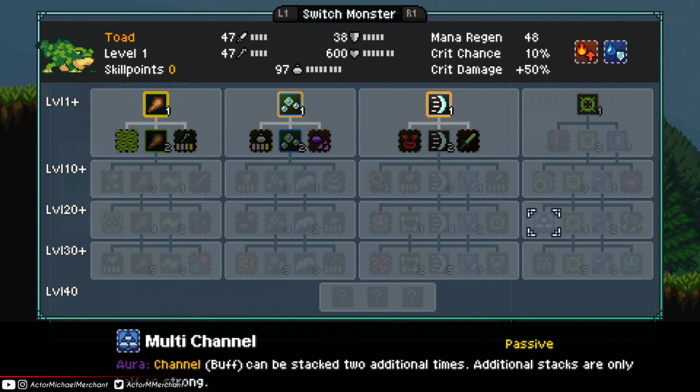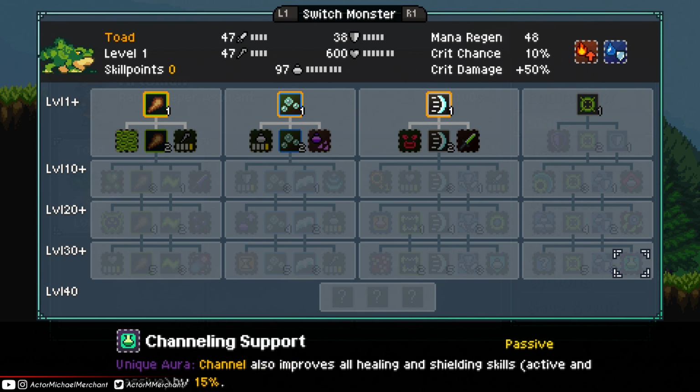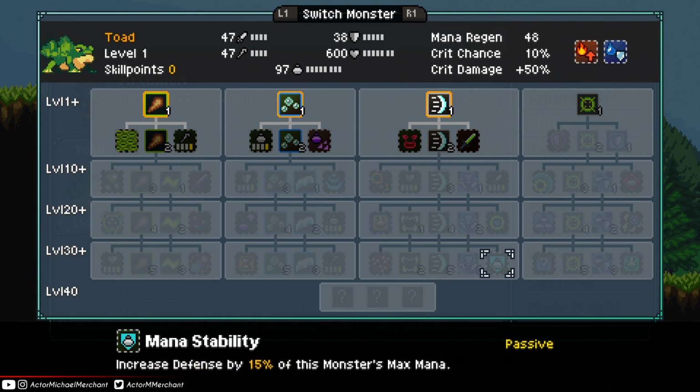Multi-channel, so you could reduce your mana cost by, I would assume, 60%. Every buff action applies an additional random buff. Channel also improves all healing and shielding skills by 15%. So Toad's a